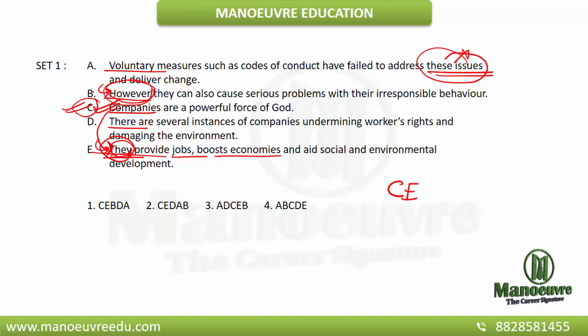But however, I am contradicting whatever I have told in the earlier two statements, and I am saying, however, they can also cause serious problems with their irresponsible behavior. Now this sentence is in a negative tone. Then